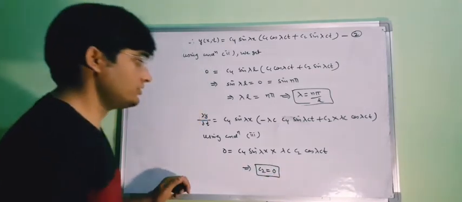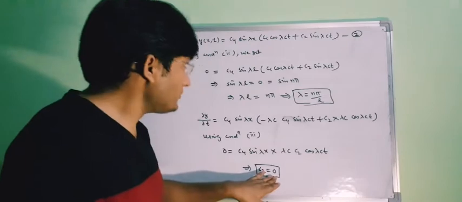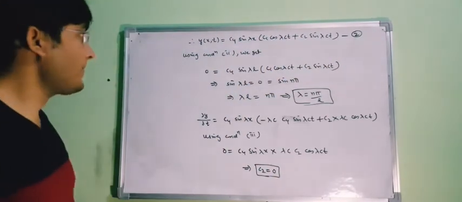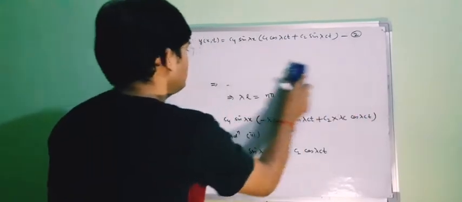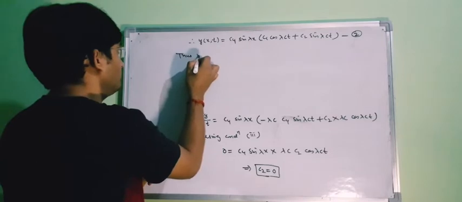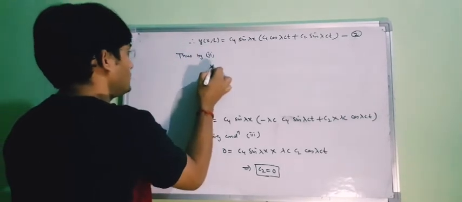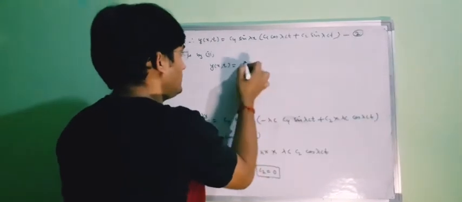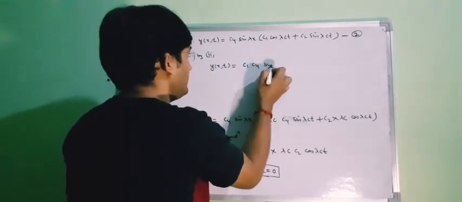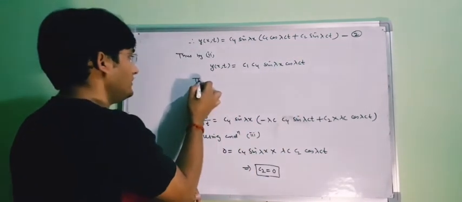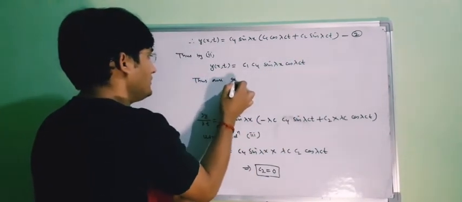So this C2 is 0. Now if this C2 is 0, then this term will vanish. Thus by 2, our solution will be y(x,t) equal to, now C2 is 0, then this will be C1 C4 sin(lambda x) into cos(lambda ct). Thus our general solution will be,